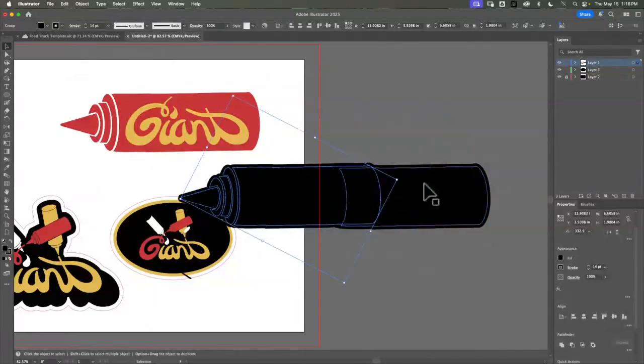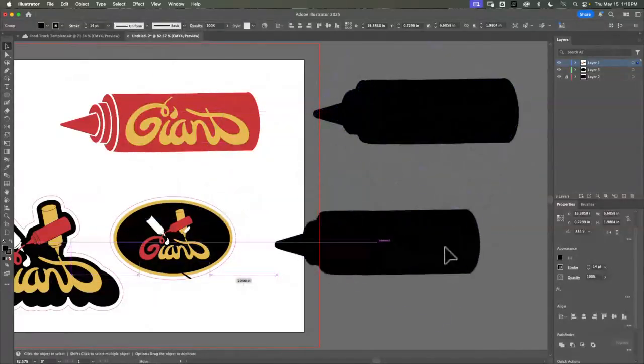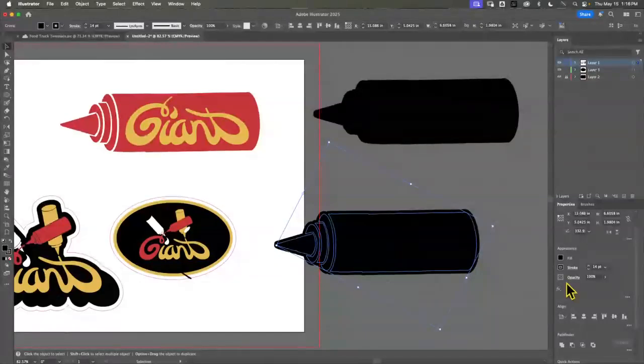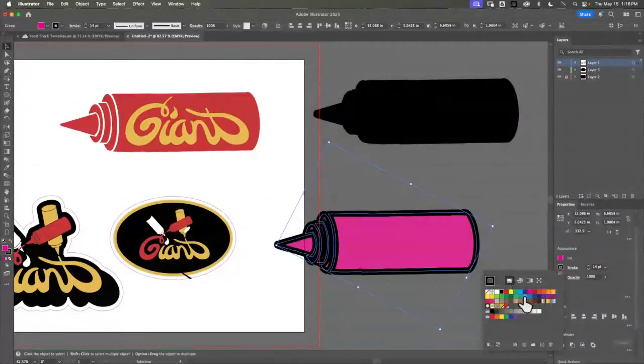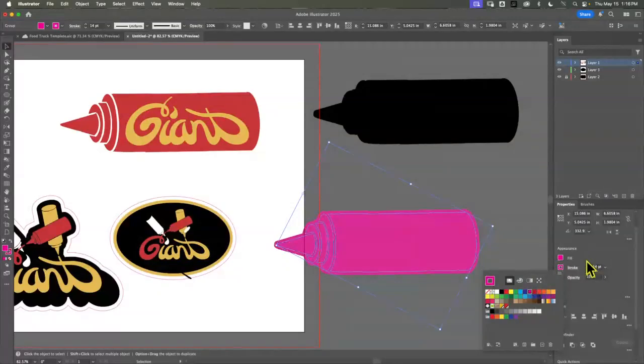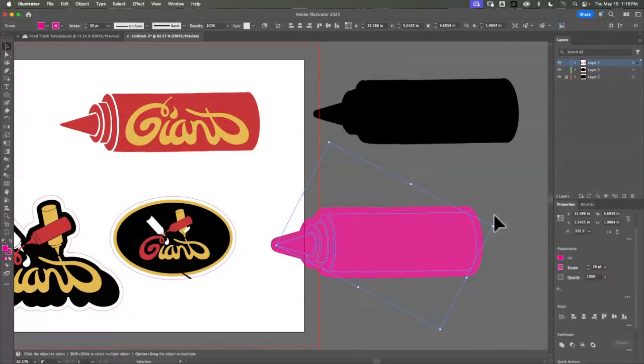I'm going to copy and paste it. I'm going to make it magenta. Make the stroke. Let's go up to 28. Let's go up to 30. I'm going to do that same thing where I grab it,